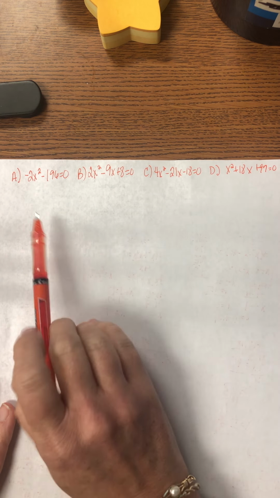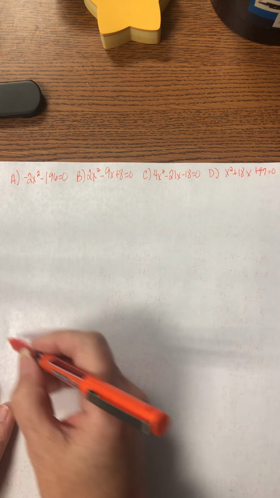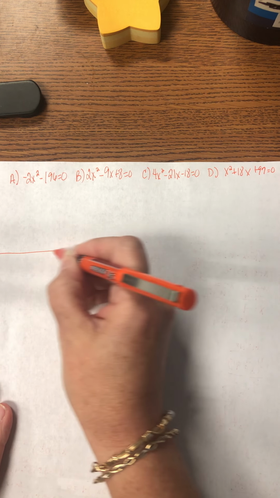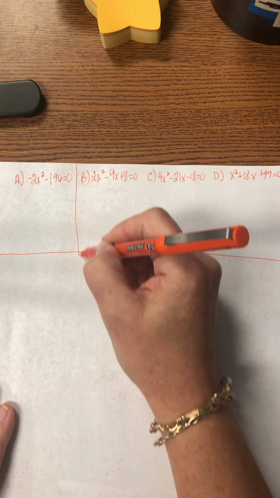Okay, so the back of quiz 3 is the one that we forgot to copy, so we had to write it in. So we have 4 equations, A, B, C, and D. And the directions ask us to find the discriminant and tell what type of solutions and roots they're going to have. So looking at equation A,